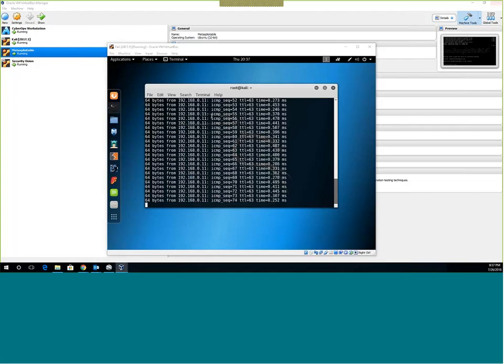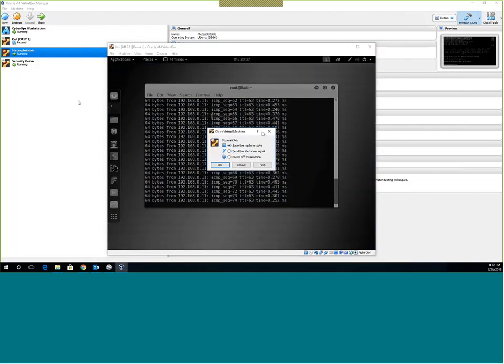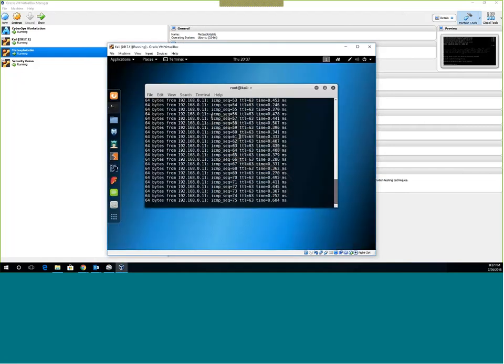Any questions about those? I'm actually going to close these. Now, when you close the machine, you can actually power it off. One thing I will tell you again about the skills-based assessment: if you're doing your skills-based assessment inside VirtualBox and you let it sit for a long time, you may have to redo some things.